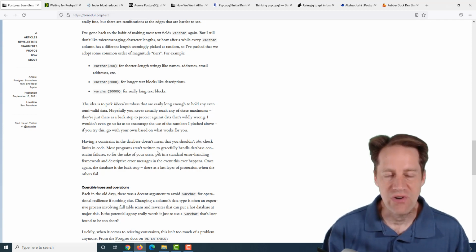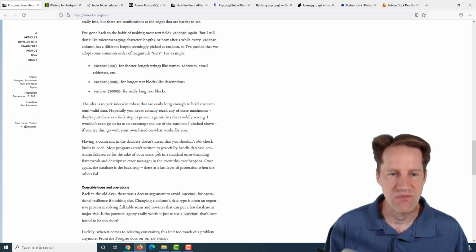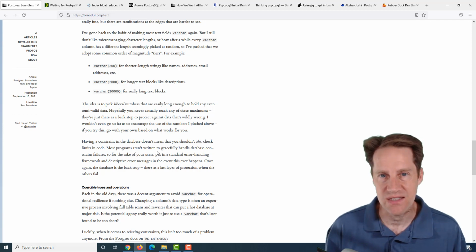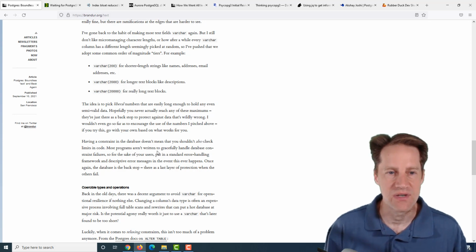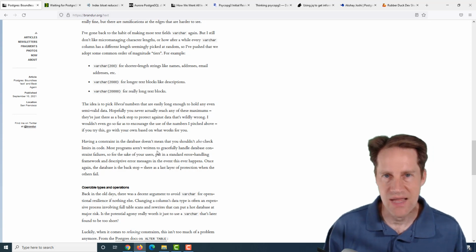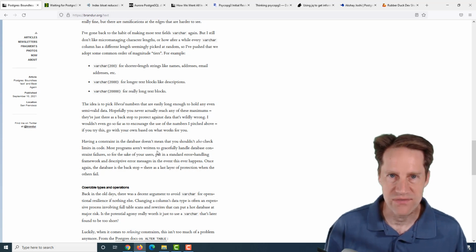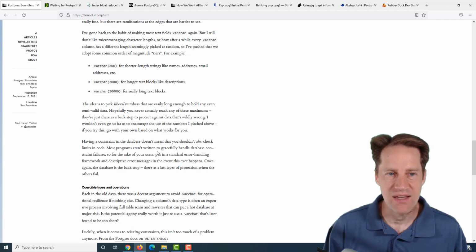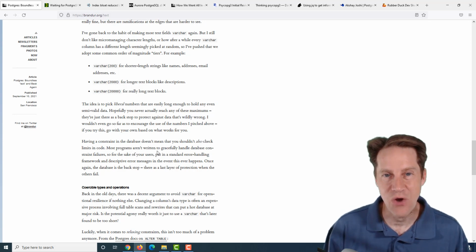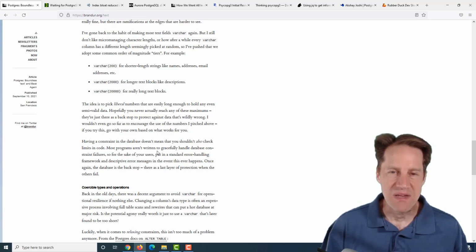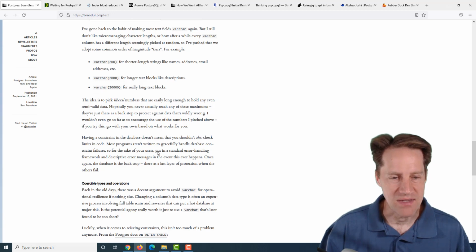Now I actually agree a lot with this, because in my experience using Ruby on Rails, in one of the versions they changed how they created the database migrations to remove the varchar limit. It used to have a default limit of 256 characters for any variable character field. Of course, you could adjust that up or down with the migration, but by default, that was a limit. I actually appreciated that, but now there's essentially no limit, so you would have to impose your own limit if you want. So part of me did like the limits that were set by default historically.